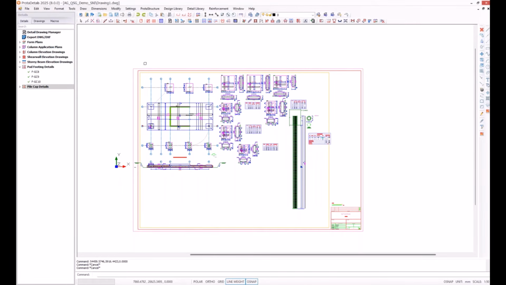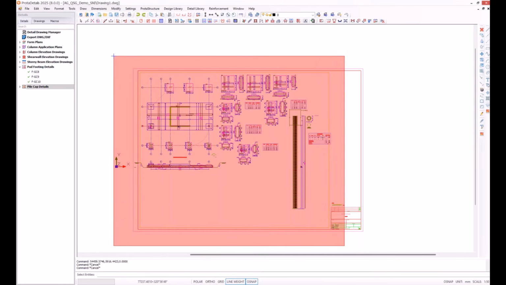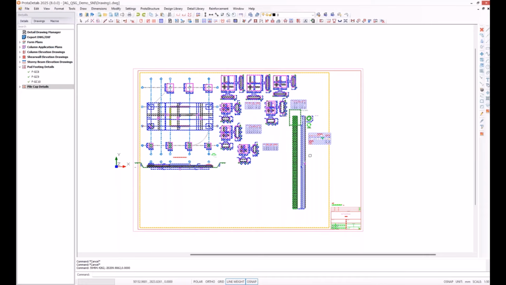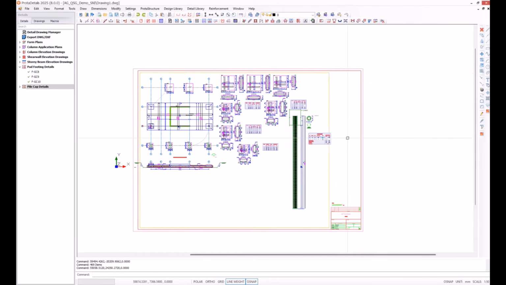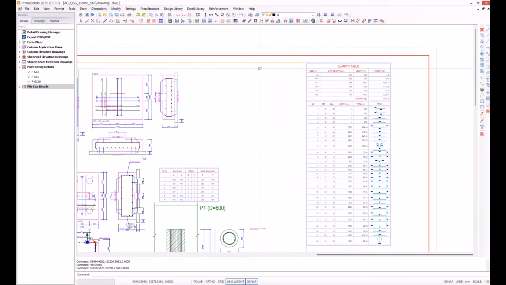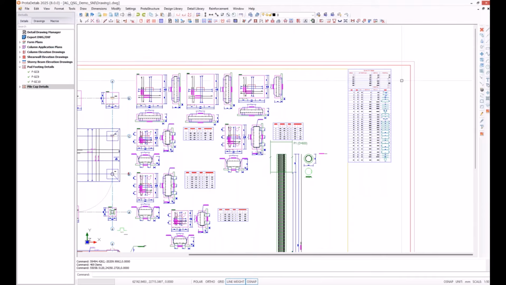Let's click OK, and I'm going to select an area on the drawing, and I will enter, and it gives me a warning: previously assigned bar marks will be deleted and new bar marks will be assigned. Yes, because all of these components actually had quantity tables and bar marks themselves, but I'm going to clean them and create a new one. You see all the existing quantity tables have disappeared, and the new quantity table has appeared for the whole sheet.